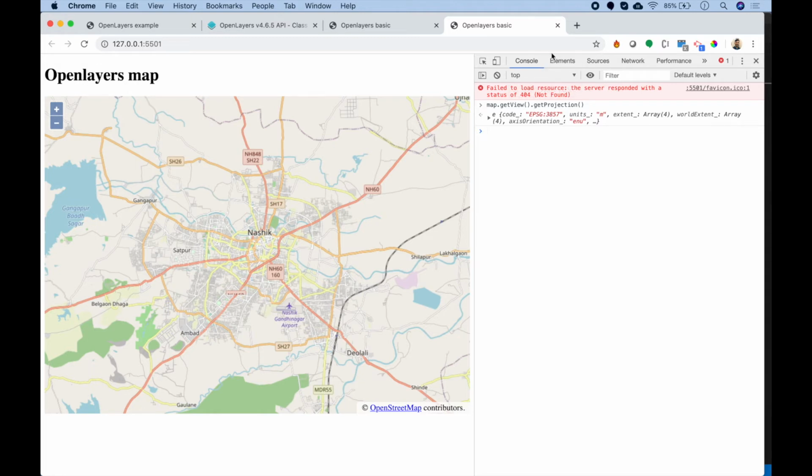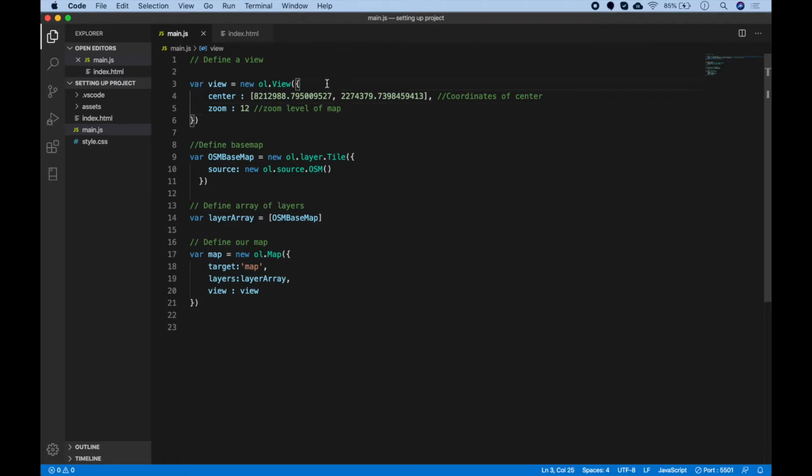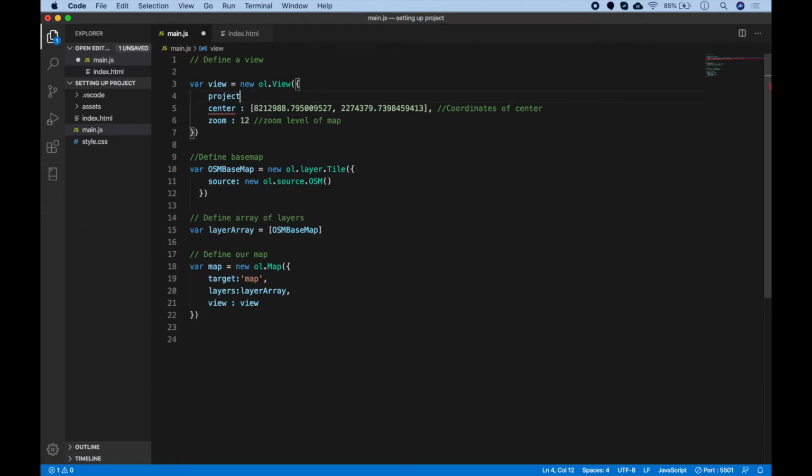Similarly, the projection system of Google or Google Maps is EPSG:4326. All right, so we can also change our map into EPSG:4326 by passing it as a parameter to our view, EPSG:4326. And let's say I'll treat my coordinates differently because this will not be valid coordinates in EPSG:4326, so I can use something like 73 comma 21.